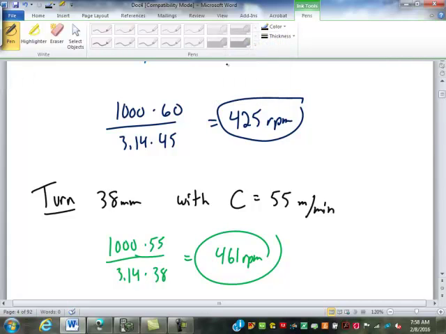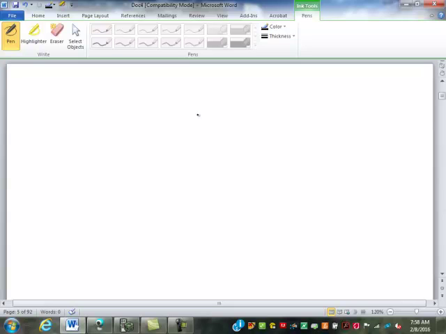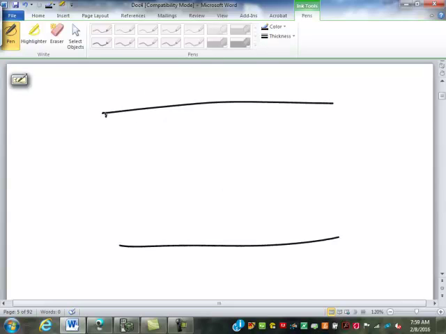Okay, well, the next step in all this is figuring out how long it'll take. Now, let's say that we're cutting into a piece of material here with a mill. One thing with a mill, it depends on the number of teeth you have on the mill. Now, we're not going to account for the number of teeth on the mill,